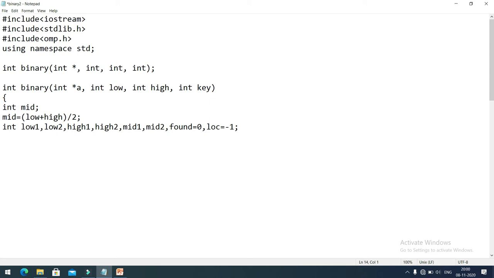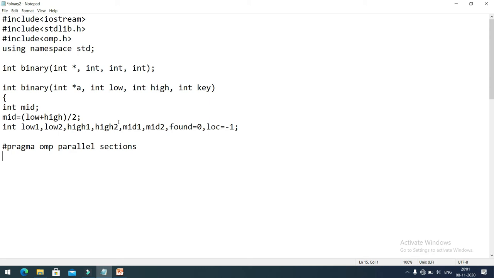Now here I need to invoke the compiler directive. So I'll write here hash pragma omp parallel sections. So this is a compiler directive which tells the compiler that the following are parallel sections.